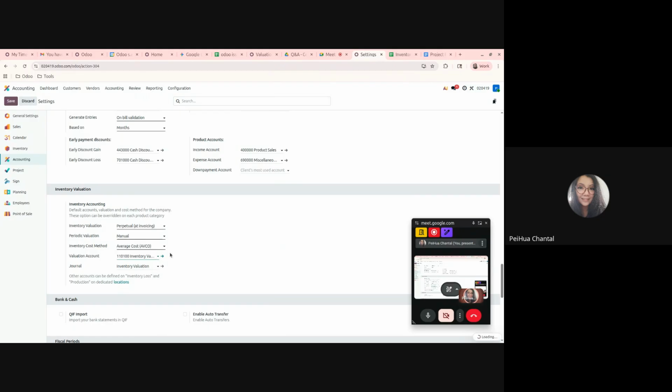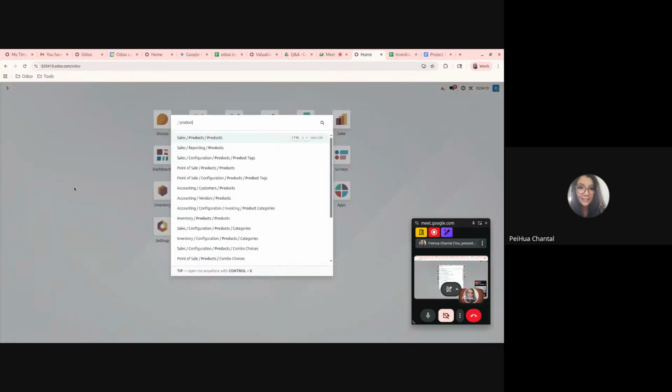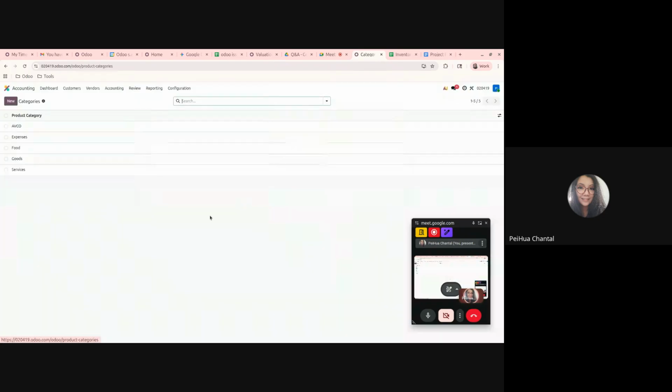These accounts though, I also create a new account called inventory interim associated to the inventory valuation account in the variation part. And this interim account is a new account that I create as a current asset type allow reconciliation. All right. Once everything is done, I have the product category set up as well, which is in product category,